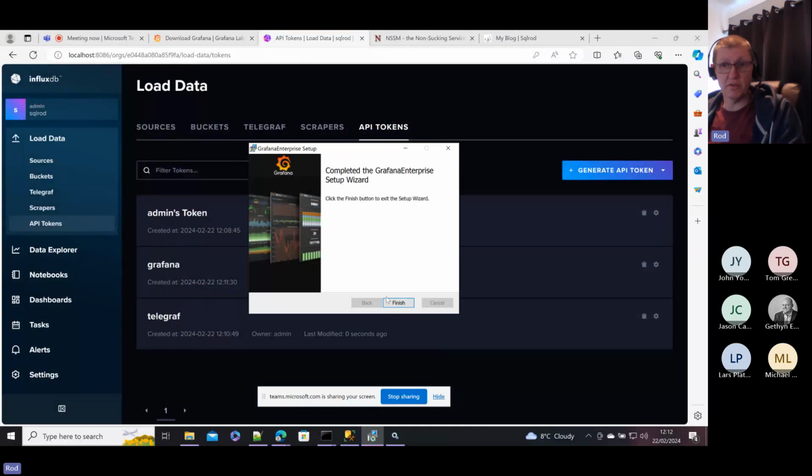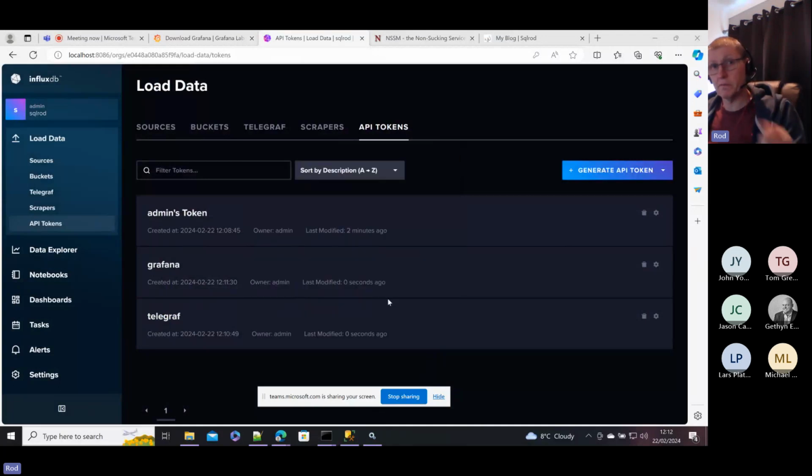Grafana is installed, so that's done. So Grafana's done. InfluxDB is done. Now we'll do Telegraf, which essentially